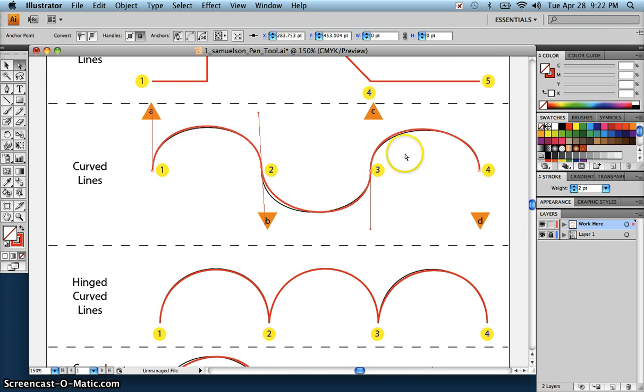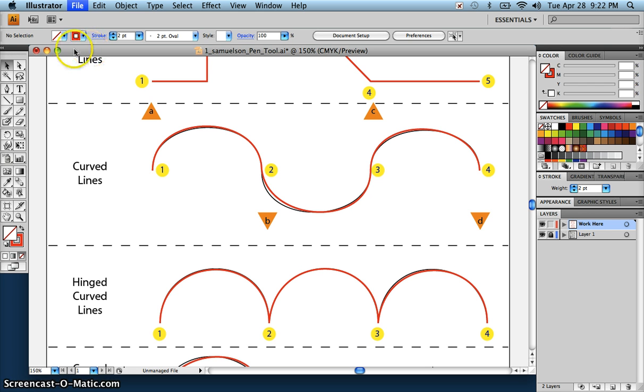So even after you have your path drawn, if there's part of it that you want to change or fix, you still have a lot of power in this tool and all of these docked here in order to do that. Go ahead and make sure that you save this file,